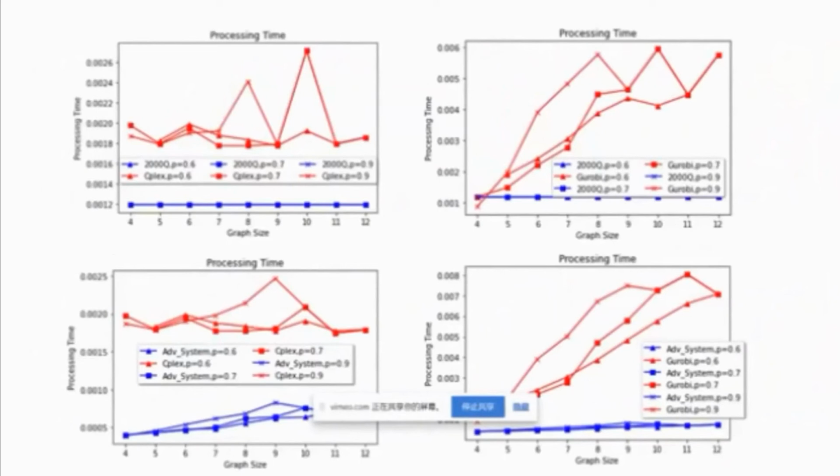Next, the four plots show the average processing time against graph size for QPUs and classical solvers respectively. We exclude problems where embedding errors occurred on either QPU. We will notice these plots of processing time for classical solvers have similar patterns respectively. As with what has been observed from previous plots, 2000Q shows a constant average processing time. While for Advantage system, the average processing time goes up as the graph size increases but stops increasing at a certain graph size and beyond. For probability equal to 0.9, this occurs at size 9. For probability equal to 0.7, this happens at size 11, while for probability equal to 0.6,